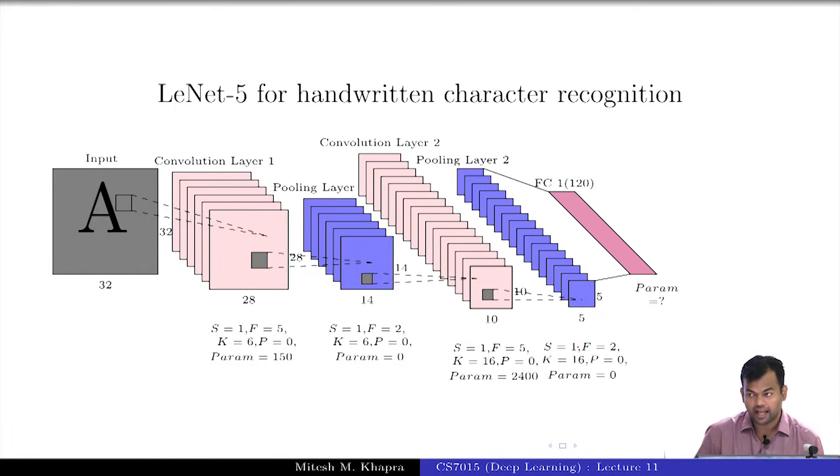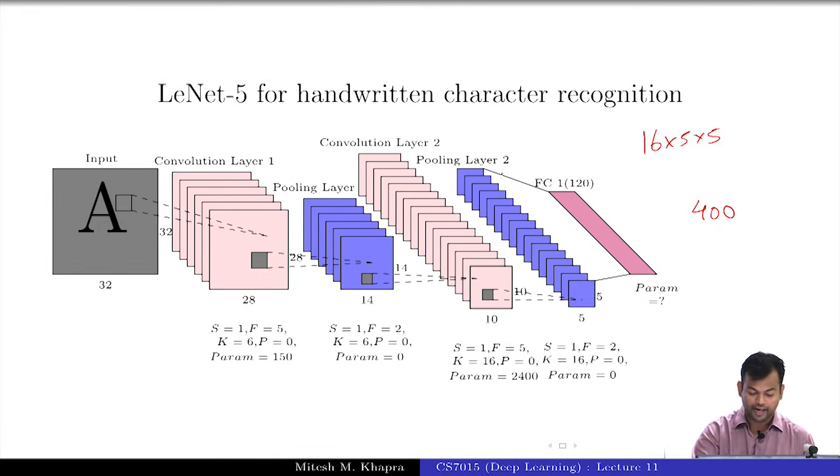Now after this what we have is something known as the fully connected layer. Okay. So now as I said, the size of this volume is 16 cross 5 cross 5. It's arranged in these feature maps, but I can always flatten it to get one single vector. Do you get that? So from these 16 feature maps, each of 5 cross 5 size, I can flatten it out and get a single vector of size 400. Do you get that? Okay. So that's what I do in the fully connected layer.